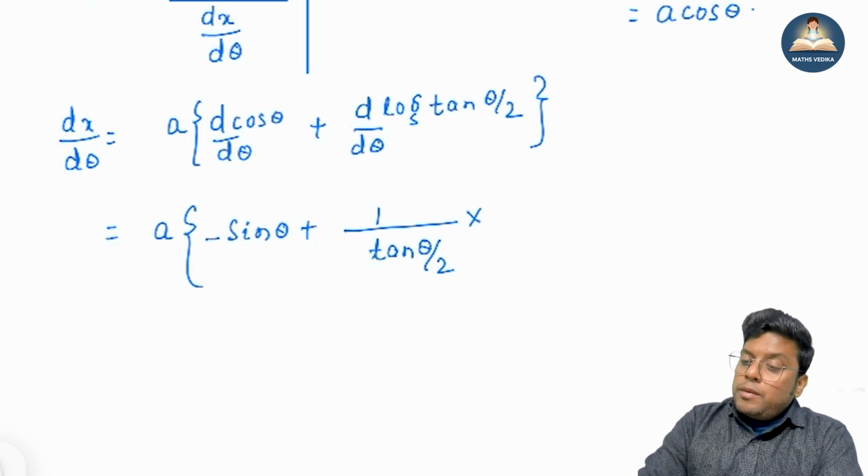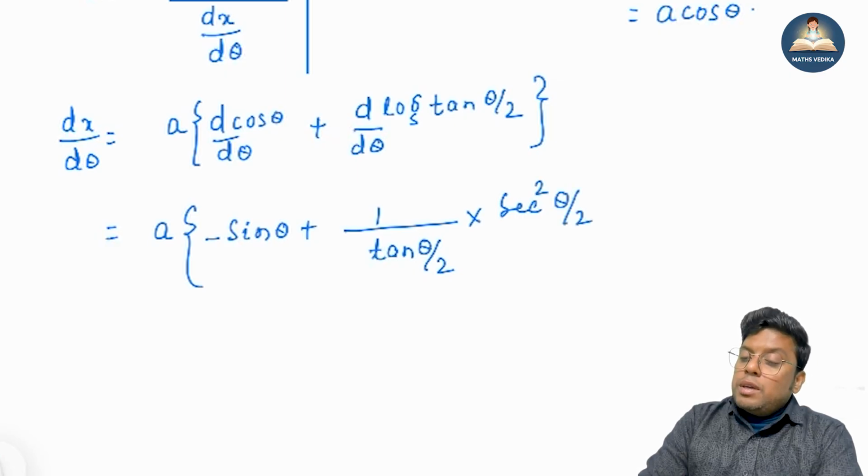So differentiation of tan theta is sec square theta. So here sec square theta by 2 will be the differentiation of tan theta by 2, and then this will be multiplied by 1 by 2. Okay,